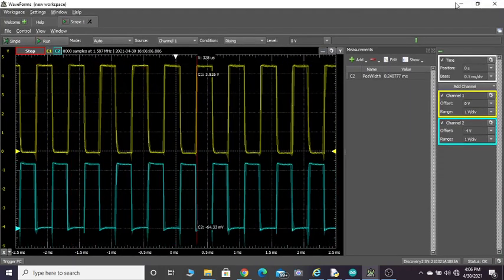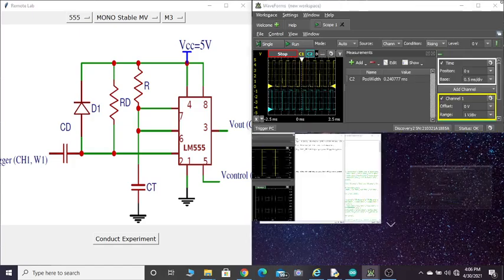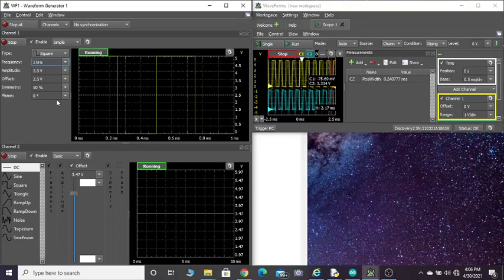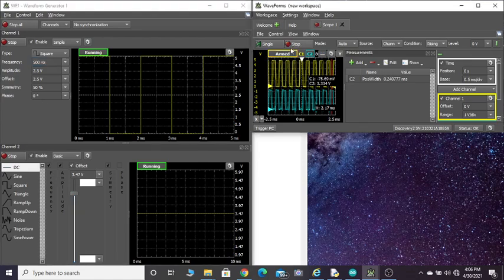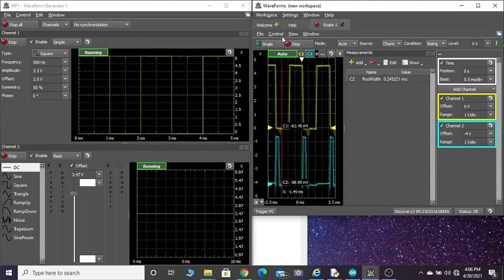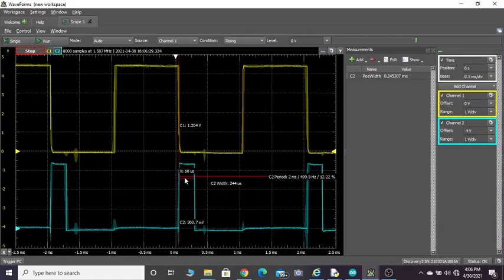Let me reduce the frequency of the square wave so that we can clearly understand. Let me make it a lesser frequency and run it. Now this is perfect. Can you see here, whenever it goes to 0, the output enters the quasi-stable state. It is in that state here for 244 microseconds and it comes to the stable state. So if you get the next trigger signal, it goes to the quasi-stable state.